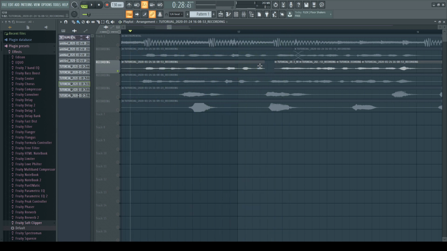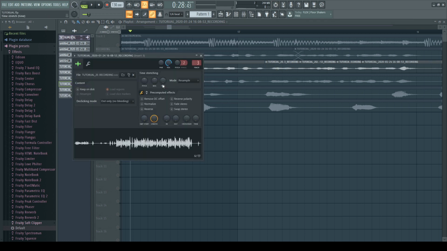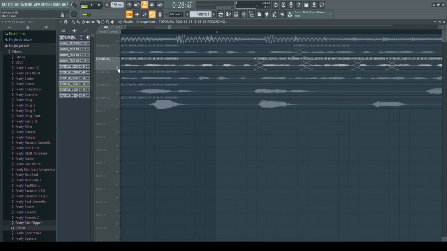parts. You might have a problem where you hear a little clicking or it doesn't sound natural. What you can do is double tap on any of them, click on the declicking mode, and do smooth. And what that does,